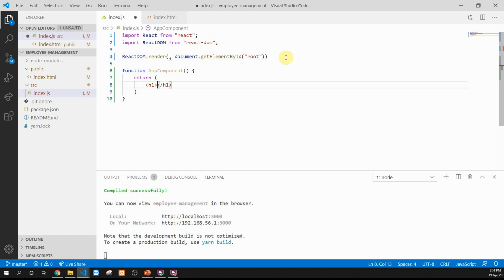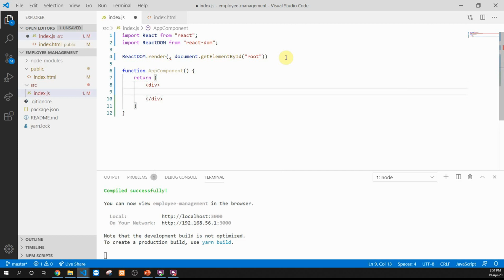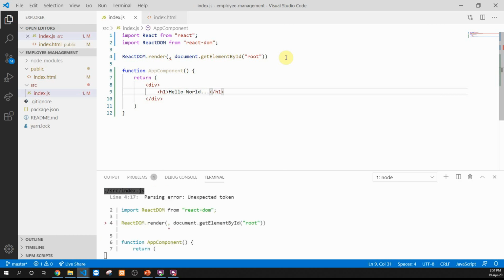Let's remove h1 first. Let's have a div tag. Over here inside the div tag, let's add an h1 tag which should say hello world. Now this particular function represents a React component with the name app component.